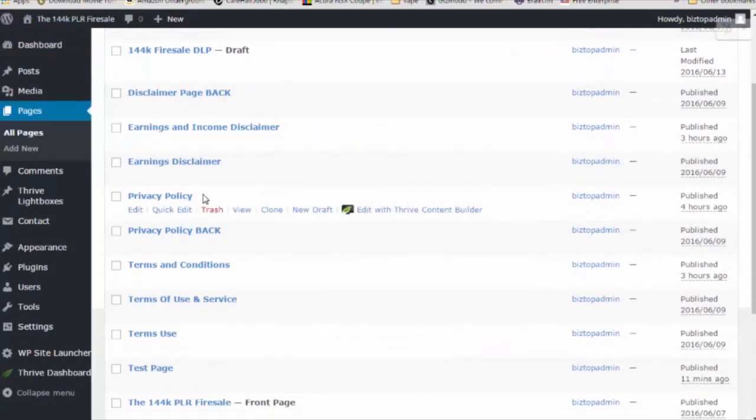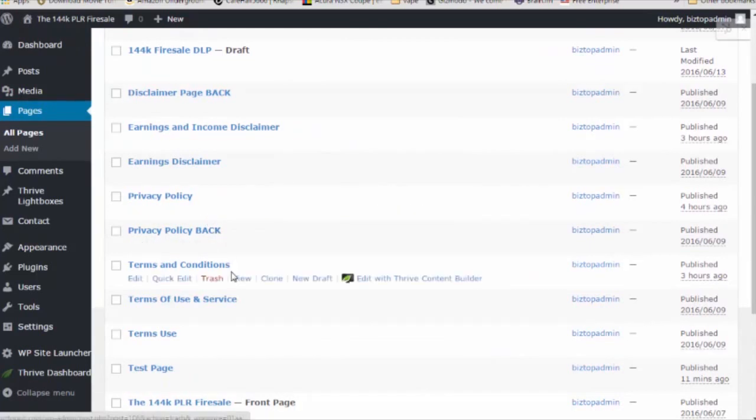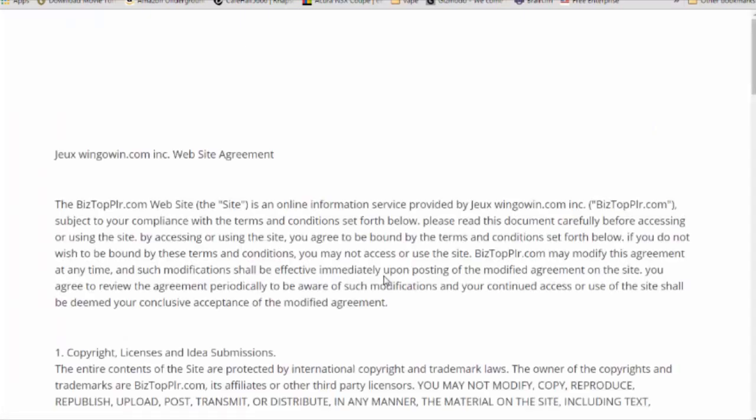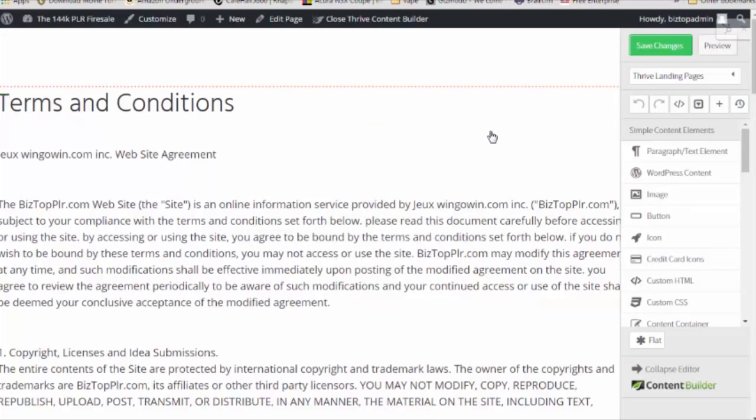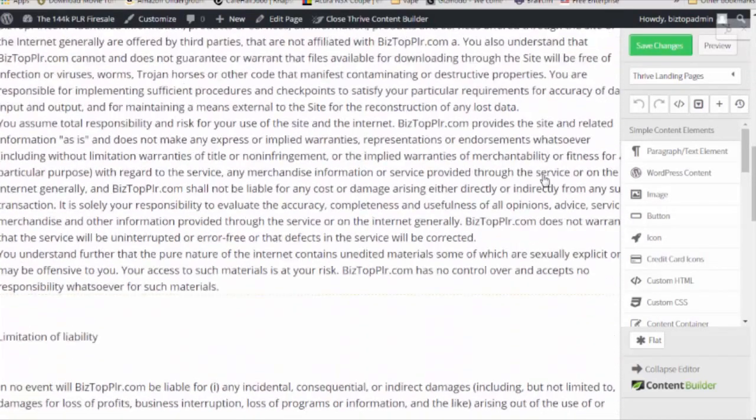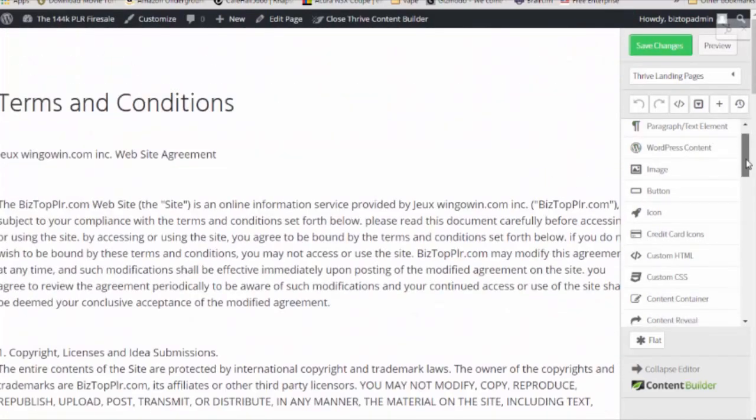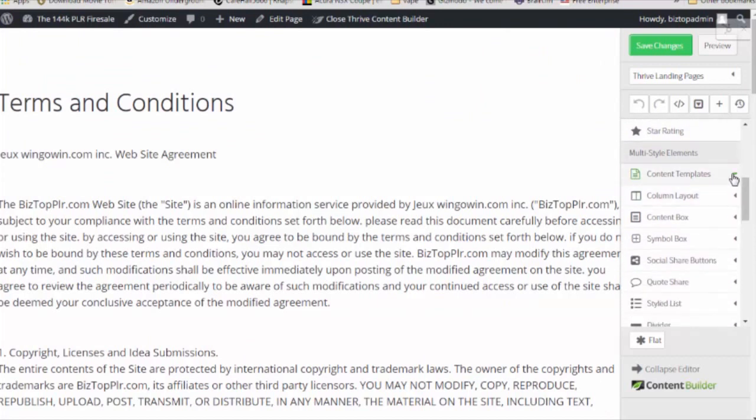And now let's say over here on our terms and conditions page, we're going to edit with Thrive, assuming that's already a Thrive page. It may not be. Okay, so now you see this page is already set up, but say we want to use one of those content templates that we just created. In this case,